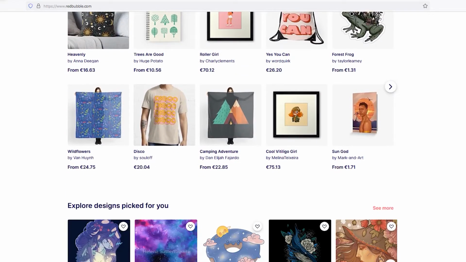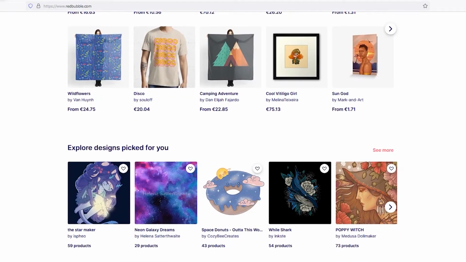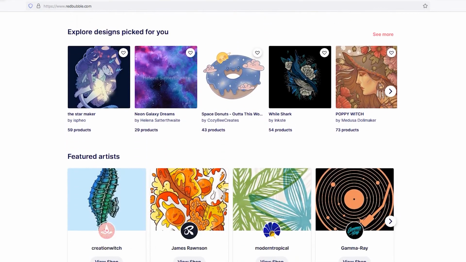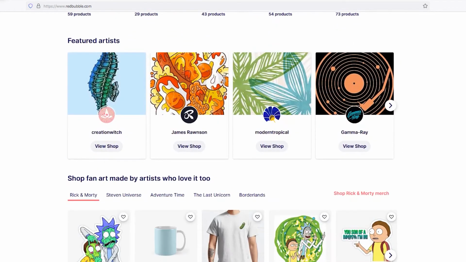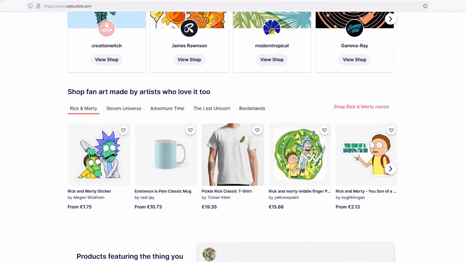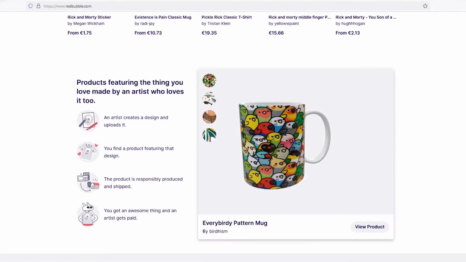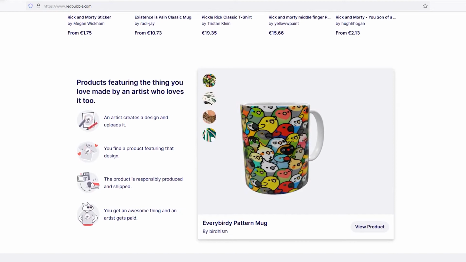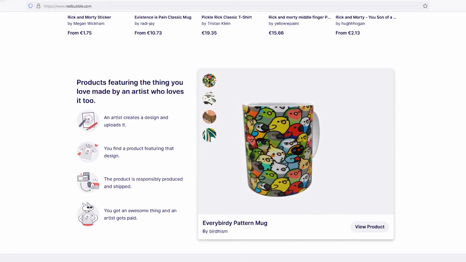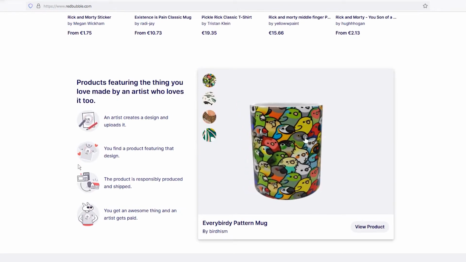They will promote your design, print it on products, ship it to customer, and they will provide customer support. If you are someone who likes to focus on design creation, then such a print-on-demand platform is great for you. And if you are a designer on Redbubble with tons of artwork, and you want to find out if there is a way to upload your designs faster, then in this video I will show you a cool feature or trick that will help you upload your design faster without any software.